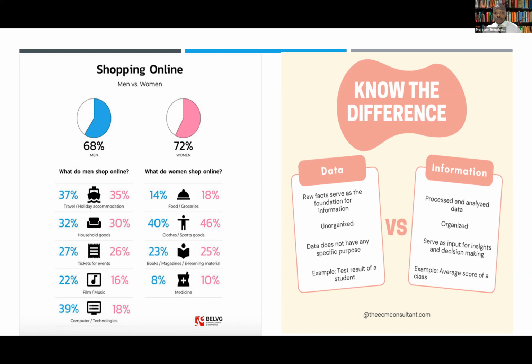It could be clothes. It could be anything. Anybody? You can put it in the chat. If you're not very familiar with the chat, let me know, then I can show you how to use it. Okay. Wonderful. Evan, thank you so much. Clothing and food. Yes, that's very, very common. Thank you so much. Yes, I do buy groceries online. So let's say snacks. So that's food that I can also buy. Clothing, absolutely. Anybody else?